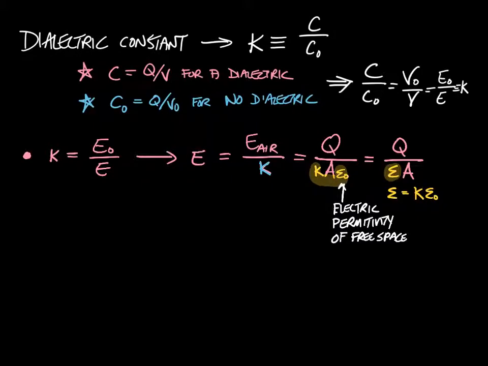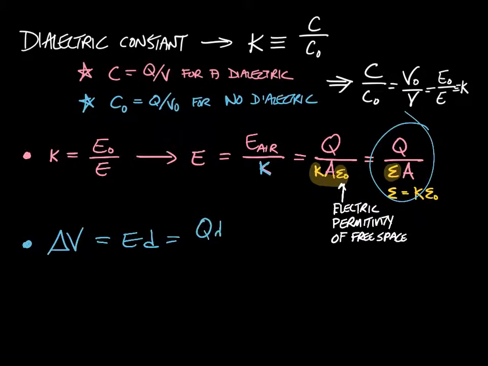So to wrap this little piece of the pie up, we've worked out the electric field for a capacitor is Q per epsilon A, and that's good because capacitance was dependent only on area and distance, and now the field is still dependent on area and the charge, but fields are defined in terms of charge, so we couldn't lose that. Coulomb's law has to still factor in. So we had this other equation before. Voltage is electric field times distance. So if I take the electric field that we just worked on and put it together with this other thing, then we have that,